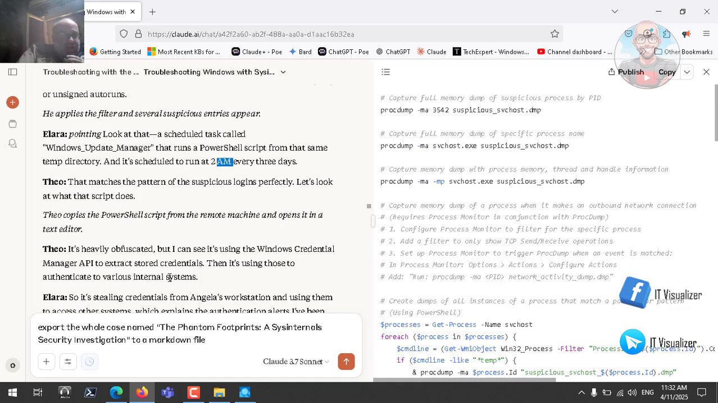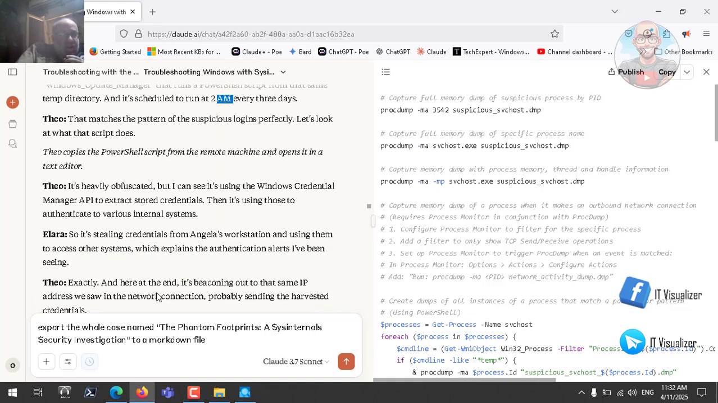So it's stealing credentials from Angelica's workstation from the Windows Credential Manager and using them to access other systems, which explains the authentication alerts I have been seeing. So he is hacking the users in an indirect way. He already put a program on the infected machine, and then through it he connected to the Windows Credential Manager and took the passwords of the users on this machine and began logging in with them and using them for his